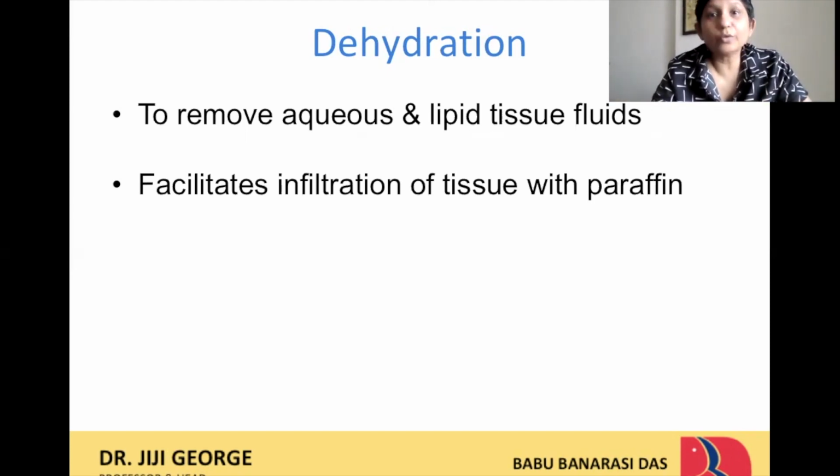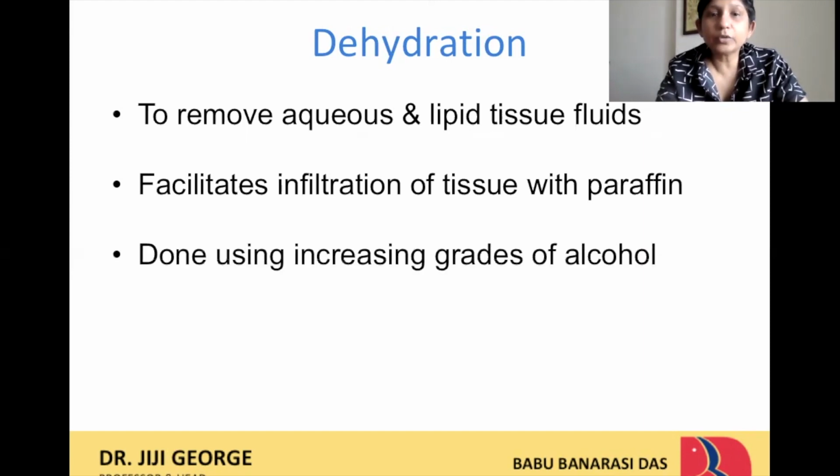So in between, you need to use something like xylene, which is miscible both with water on one end and with wax on the other. So the first thing that you would do is introduce the tissue in increasing grades of alcohol. Alcohol is something which dehydrates the tissue. So you embed the tissue